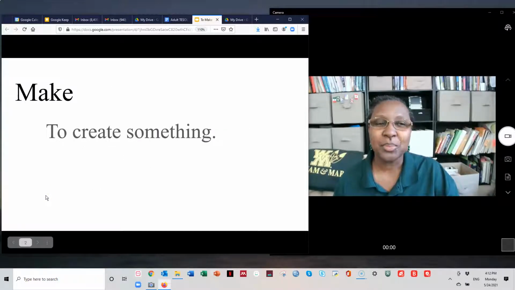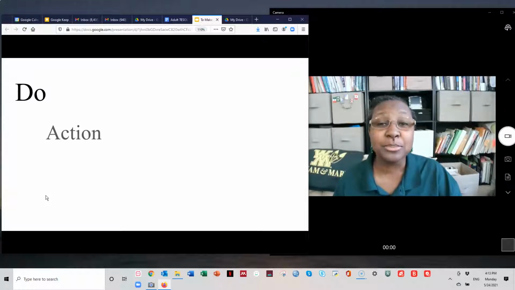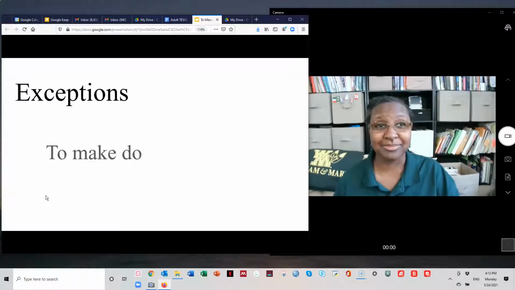When we talk about the word make, it refers to creating something. If you want to create something, you use the word make, typically. With English, there's always an exception, but 99% of the time, using the verb make means to create something. Using the verb do refers to an action. There are exceptions, as I mentioned, and the first thing that I could think of when creating this lesson was